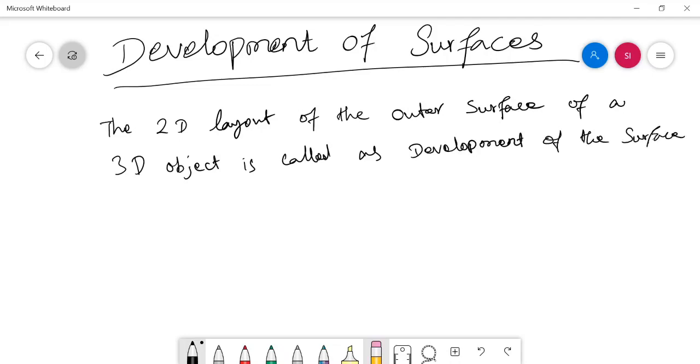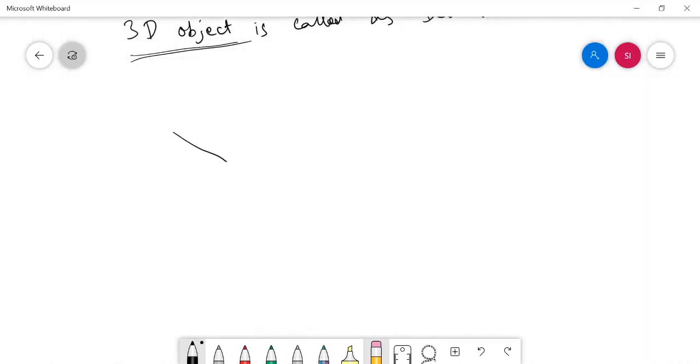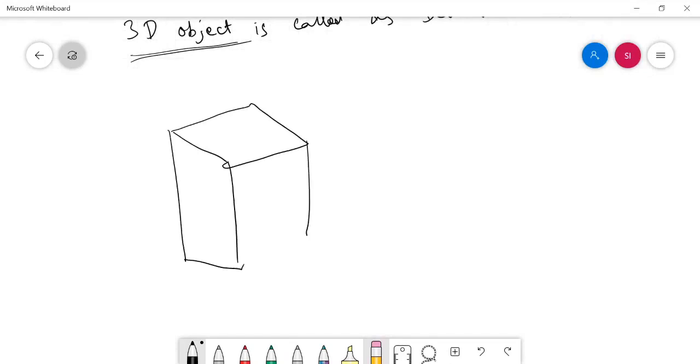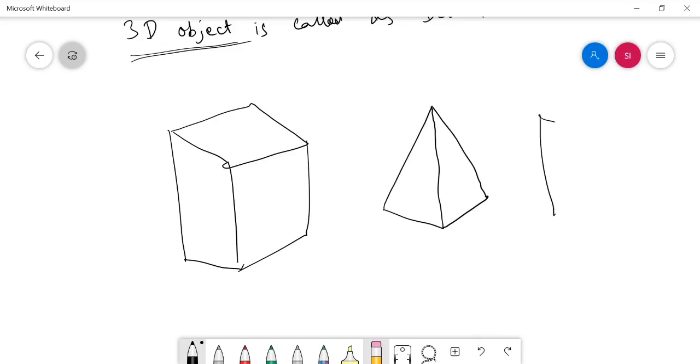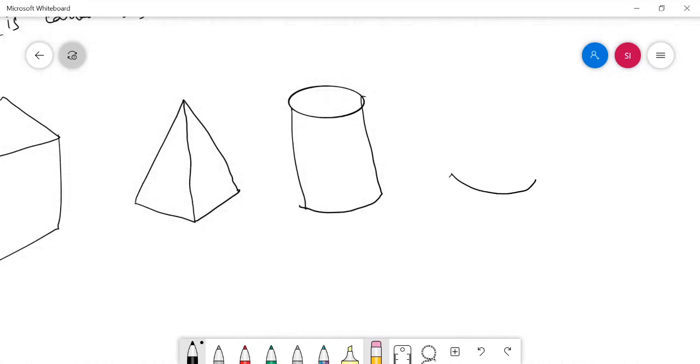So in that, the 2D layout simply means a plane, and the 3D object is nothing but our solid. For example, so far we discussed many solids: prism, pyramid, cylinder, cone.